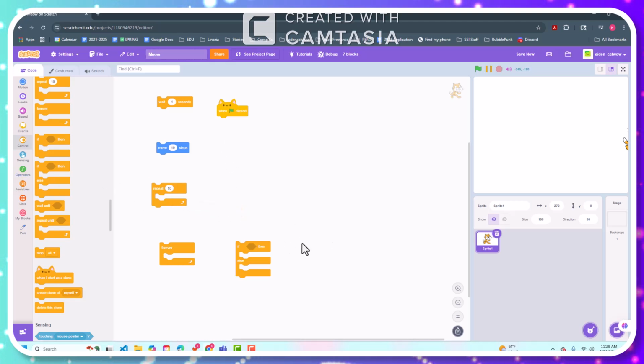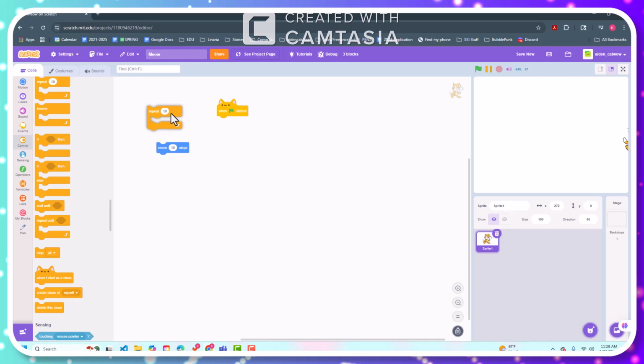So let's delete those ifs and forevers and wait seconds. So here there's some type of thing where you can put the block inside the script. When you put that down,